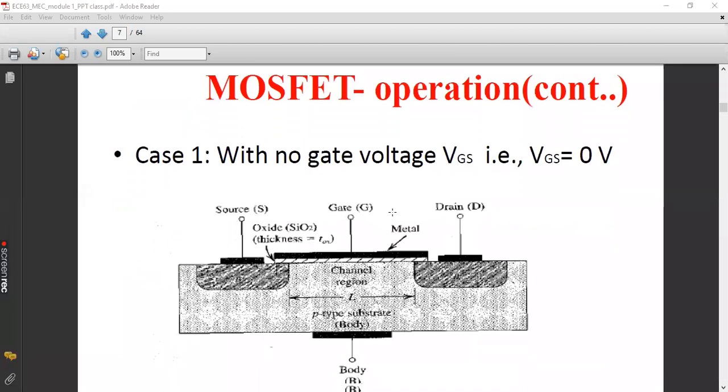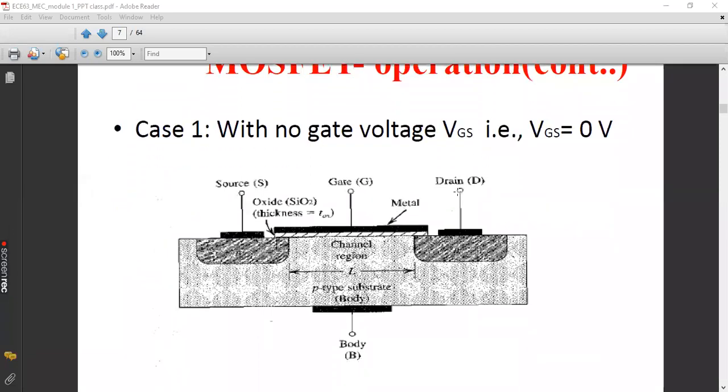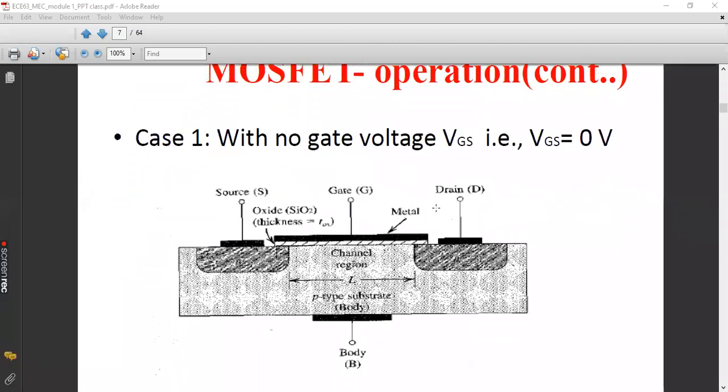So coming to case 1. Case 1 with no gate voltage means we are not giving any voltage to the gate. So VGS, the potential difference across gate and source, will be 0, because of which there will be no channel. And since there is no channel, there is no current flow.